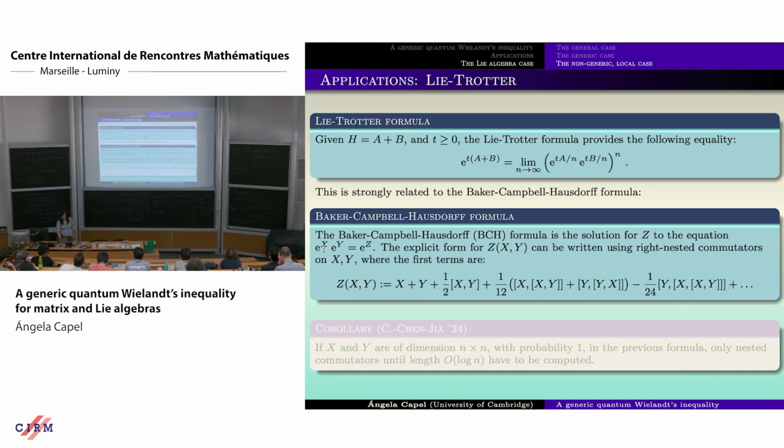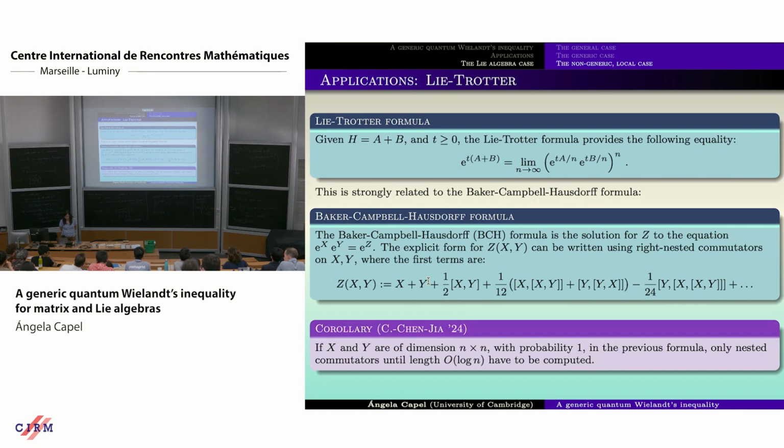Of course, this is something that you cannot do in general. So what you can show is that the products of the exponentials of the two matrices are equal to the exponential of the sum and then infinitely many commutators. And since you know that when you apply enough of these commutators, at some point you have generated already all of them, what you can know now from this result is that with probability 1, you can stop when you have already nested commutators until length log of n, order of log of n.